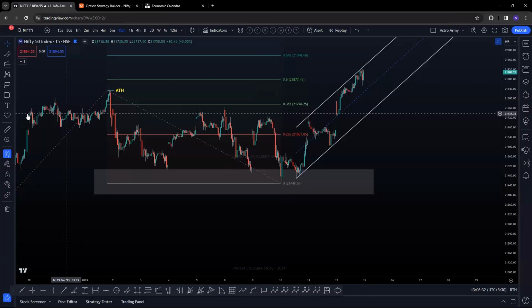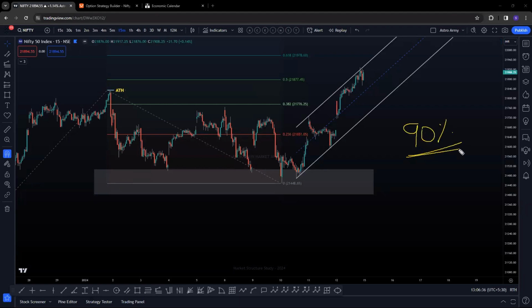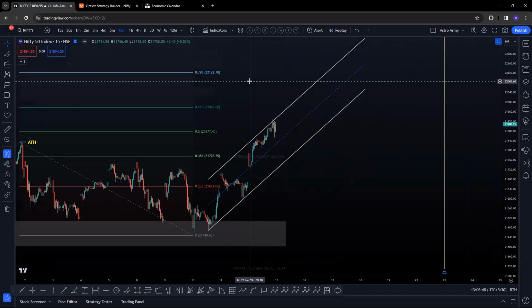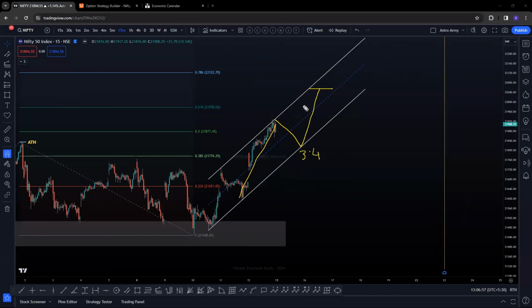So already you have 90% gain in this, 90% gain. Okay, so this is the beauty of option selling. After a wave 4 you go for a wave 5, you play it safe, the risk is till where wave 5 can go, right? So now coming to the next week part, if market goes for a 3.4 setup, most likely this will happen. This is a primary setup.